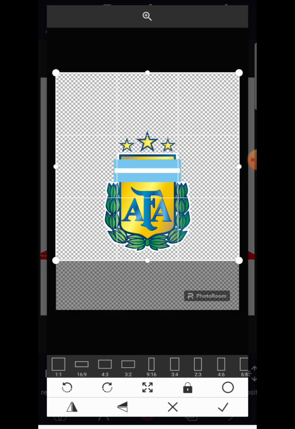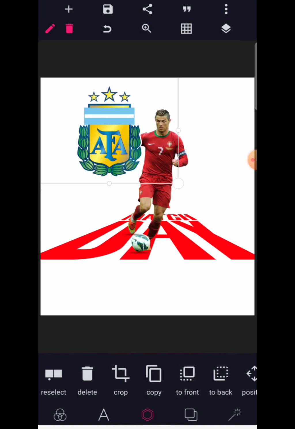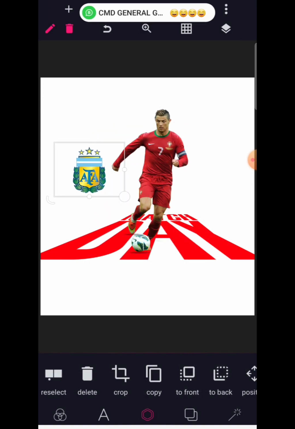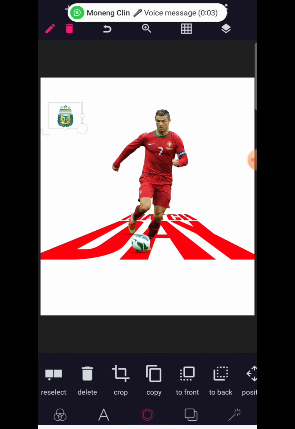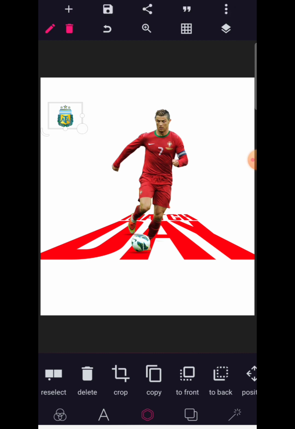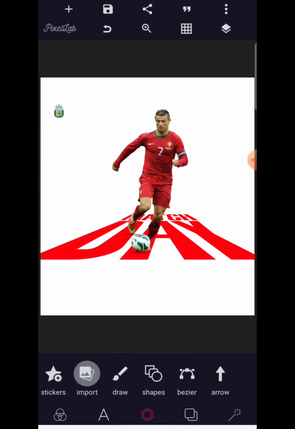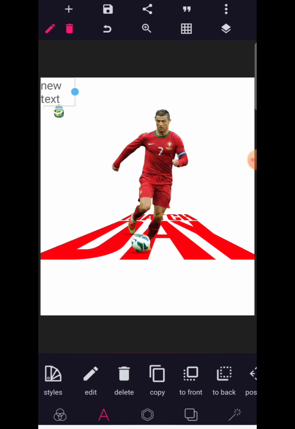So this is for Argentina Football Association. This is their icon or their shield, as you might want to call it. So we're going to position this here, and after positioning it this way, we're going to go to text and write Argentina